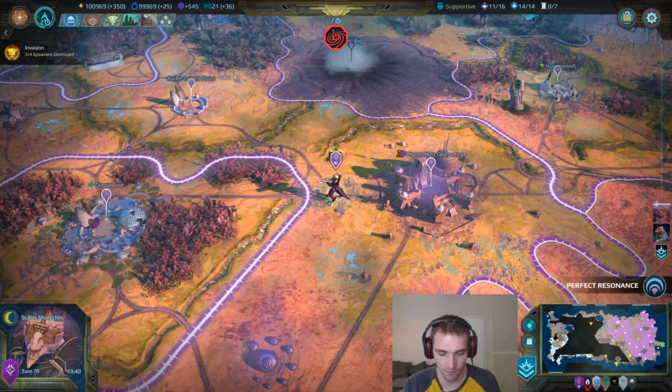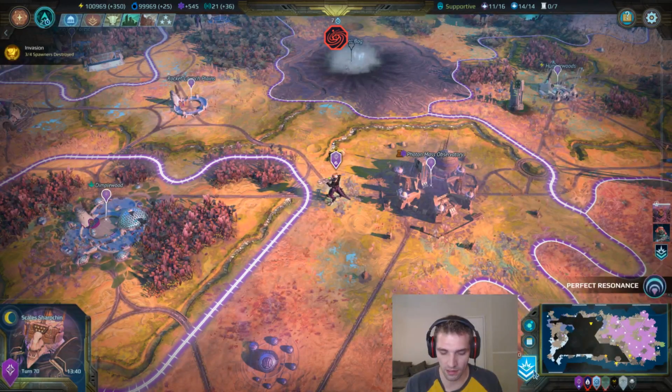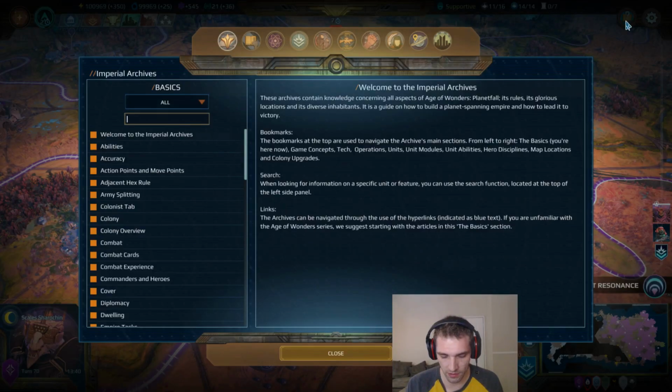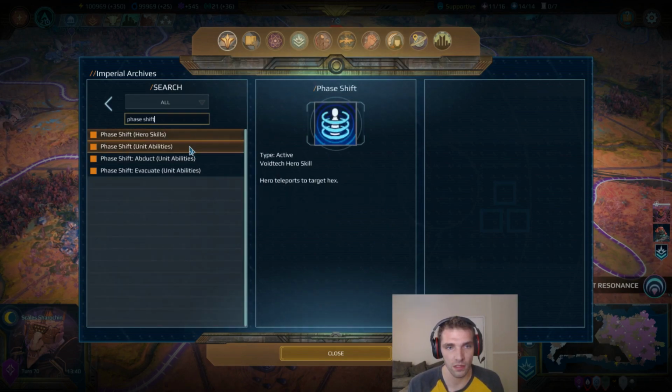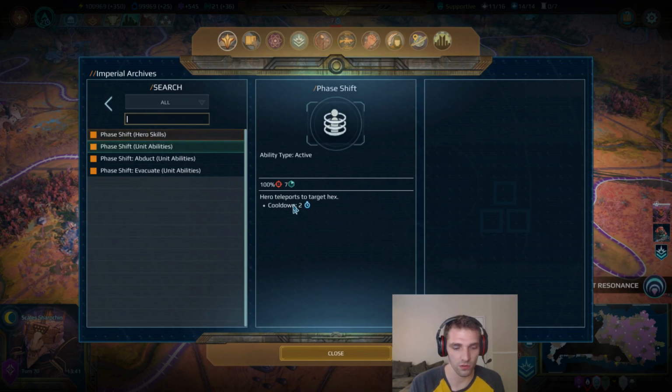You can take the Phase Shift and Shroud Step abilities to allow you to get lots and lots of mobility, maybe even teleporting twice in the same turn if you feel like it. I mean, maybe you want to alternate it. I think, hero skill, this one will allow you to move 6 tiles away, and there's a cooldown of 2. You may want to alternate this and the other one to allow you to move around to the best angle of attack, maybe getting a lot of